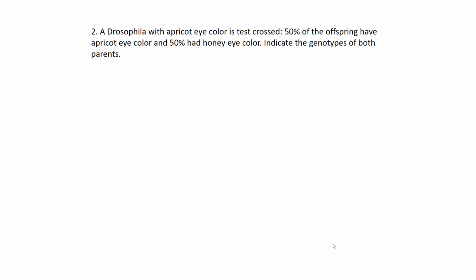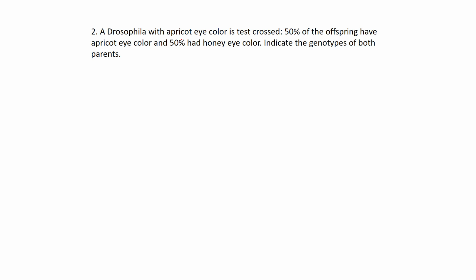Okay, we're going to take a look at question number 2. We're talking about fruit flies again, and we're talking about eye colors. So we're not going to throw out the legend here again. We're going to use the same legend that we've done: E1 dominant over E2, dominant over E3, dominant over E4. So if we use that legend again, we're going to go to the second step in our problem-solving steps, and